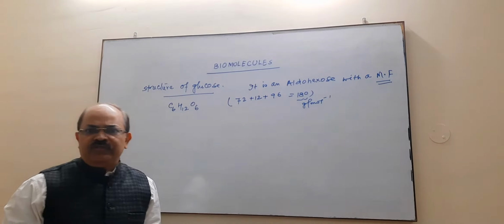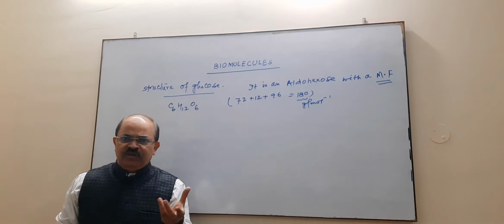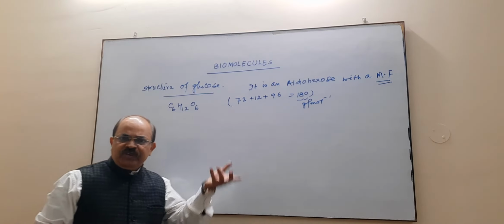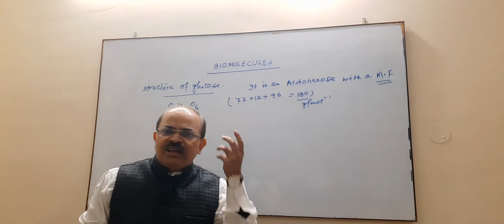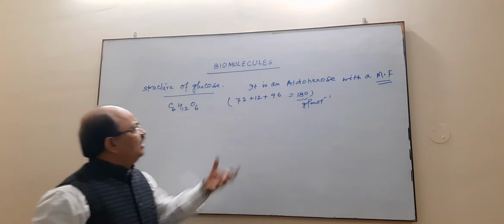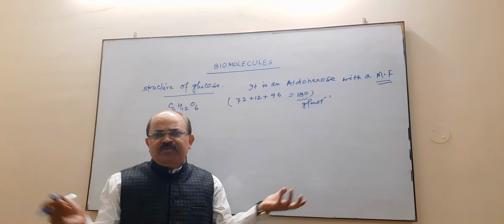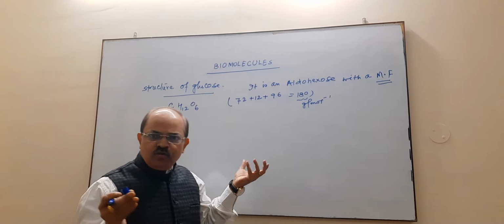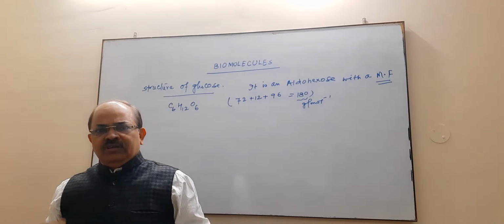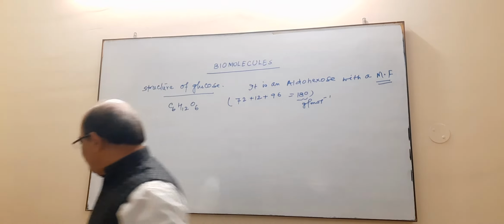Now the question is कि ये जो मॉलिक्यूलर फार्मूला आपने लिखा C6H12O6, इसमें 6 कार्बन है, तो ये 6 कार्बन कहां से आया, कैसे पता चला? The second thing is it is an aldehydic sugar. So how can we confirm that it is an aldehydic sugar? So how can we establish the structure of glucose? So the first point is,